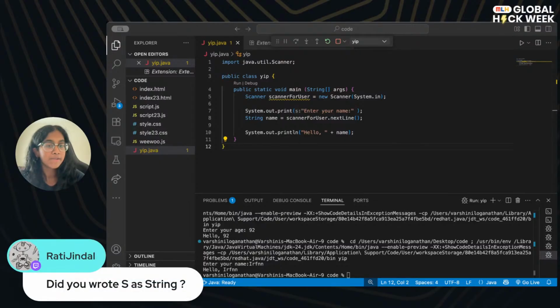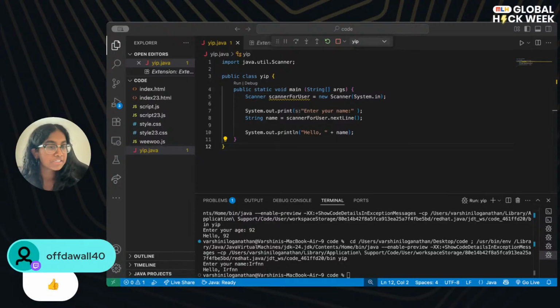Yeah, this might also be the problem. Make sure that you're typing exactly how I've written it. You want a capital S for String for the data type as well. So give me a thumbs up if that worked for you. Give me a smiley face, an emoji, anything, and I'll move on if it worked for everybody.